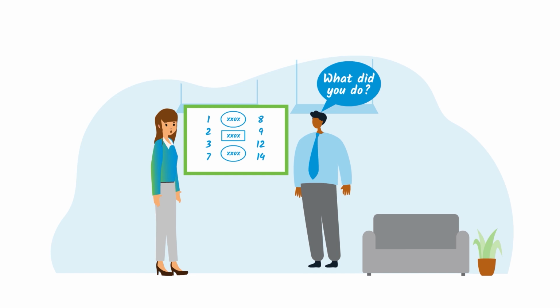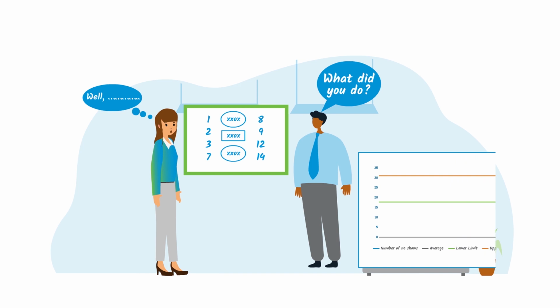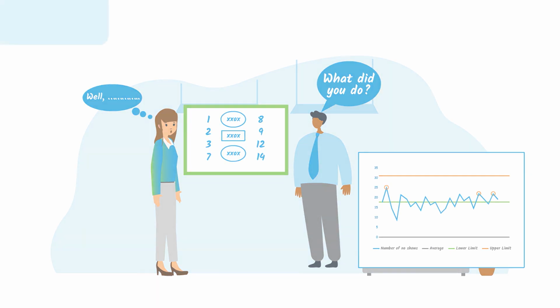Questions after questions. Carrie tried to explain. The team monitors data and uses control charts to identify if there are any special causes affecting patient no-shows. The argument between Carrie and the CFO went on, but we want to talk with you about the tool and the method Carrie used to support her argument.